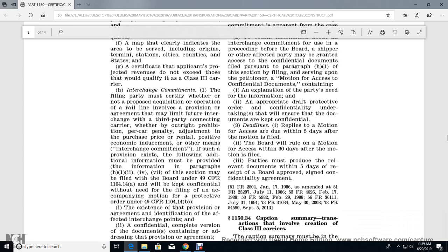The following party must certify whether the non-proposed acquisition operation rail lines involved with the provision of the agreement that may fill a future interchange with the third-party connection carry with the whether the outer right with the prohibition per car penalty adjustment with the purchase price of the rental positive the economic inducement and or other interchange commitment the insights for the provision existing of the following additional information must be provided. The following information paragraphs